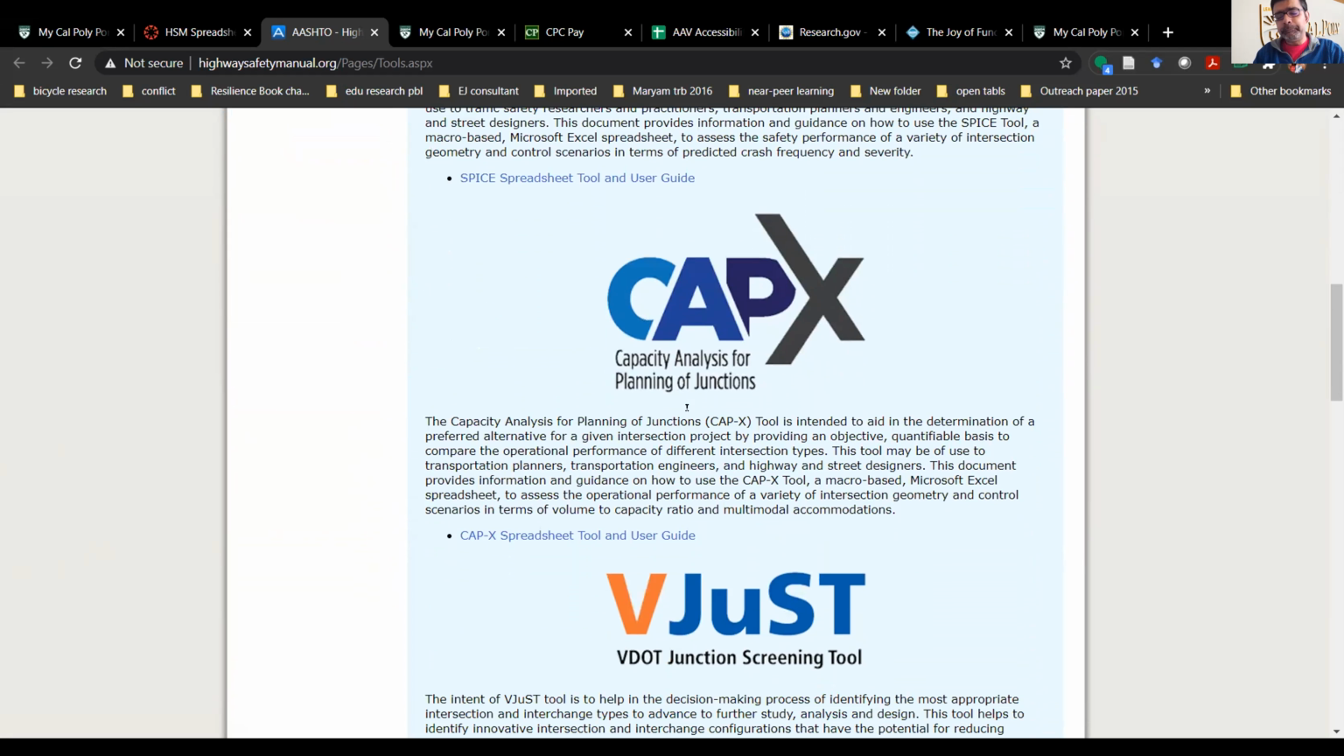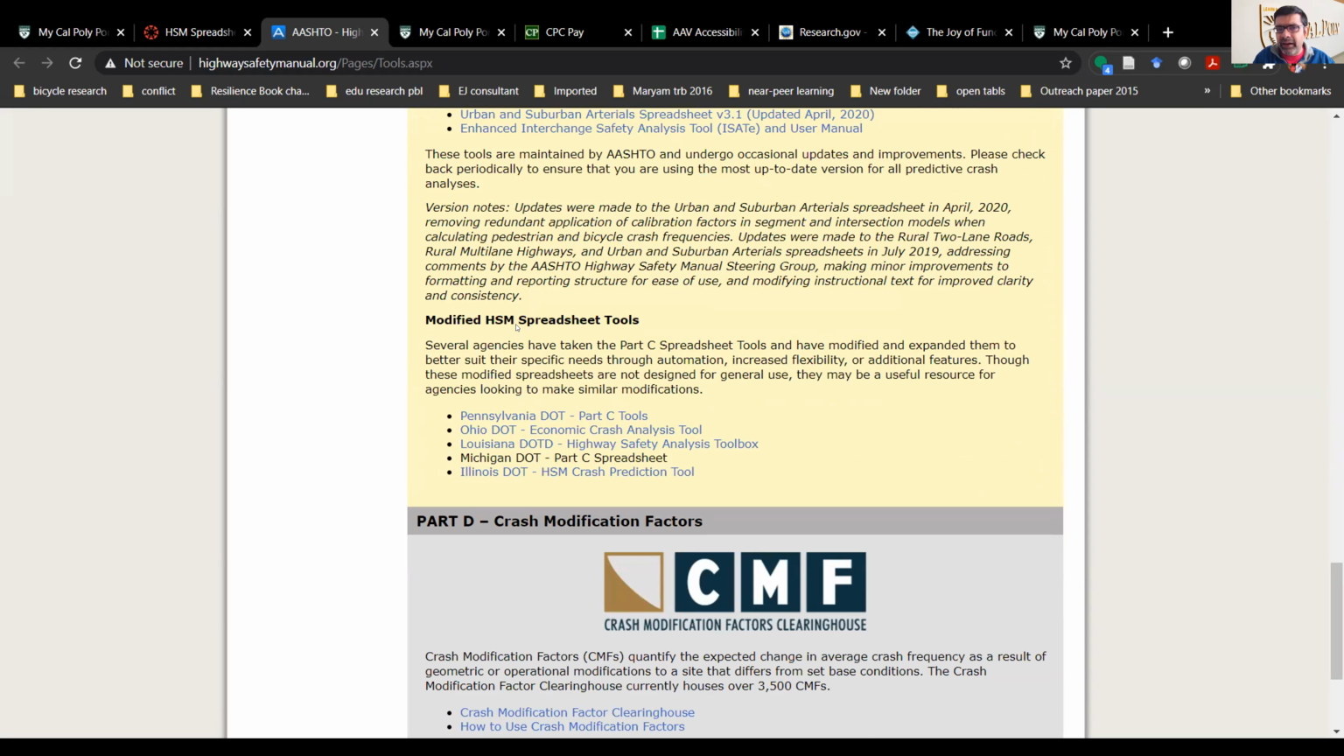This could potentially be used for us to do some analysis if we are trying to apply for the highway safety performance grant. CapEx spreadsheet tools. So there are a bunch of spreadsheet tools that have been provided. Again, the predictive method, the IHSDM spreadsheet, and then the HSM spreadsheet tools for rural two-lane roads, for rural multi-lane highways, urban and suburban arterial straight route, and then the ISTAE, and that's another tool that we used for recent research for Caltrans. And then there are modified spreadsheet tools that are using local calibrated data for different